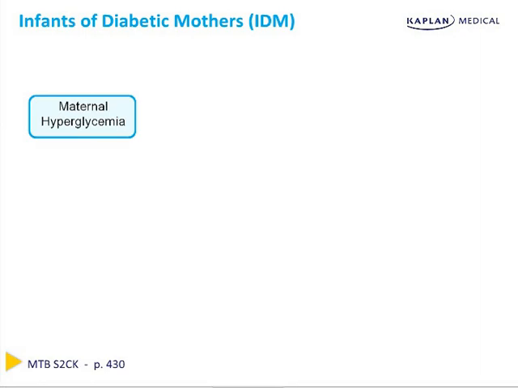The baby in the previous vignette is an infant of a diabetic mother. These infants are at increased risk of several problems, almost all of which are dependent on how well the mother's diabetes is controlled throughout the gestation. Now, the way this happens is maternal hyperglycemia, i.e. lack of control of maternal glucose, leads to hyperglycemia in the fetus and the infant,